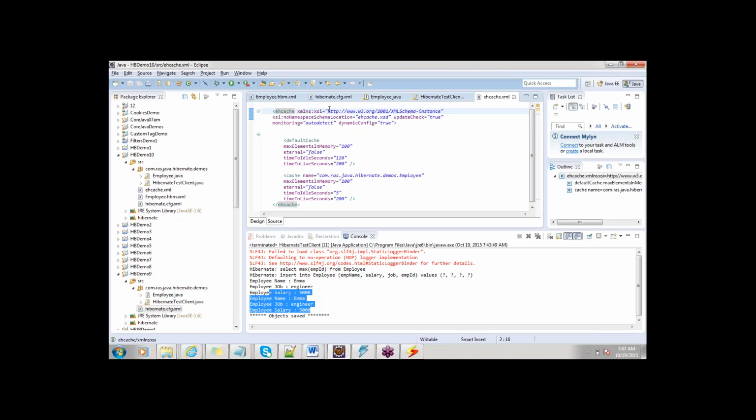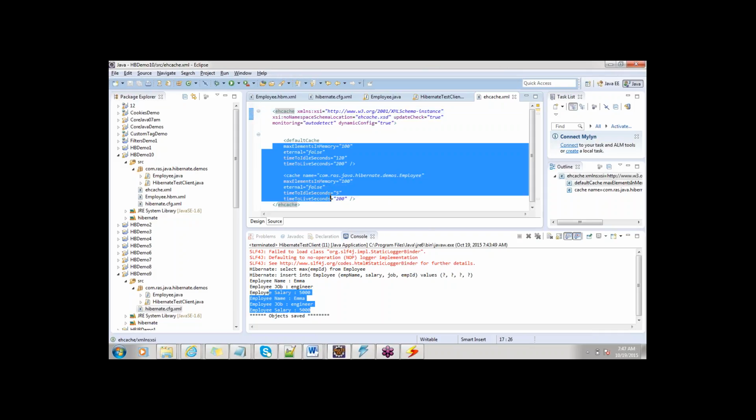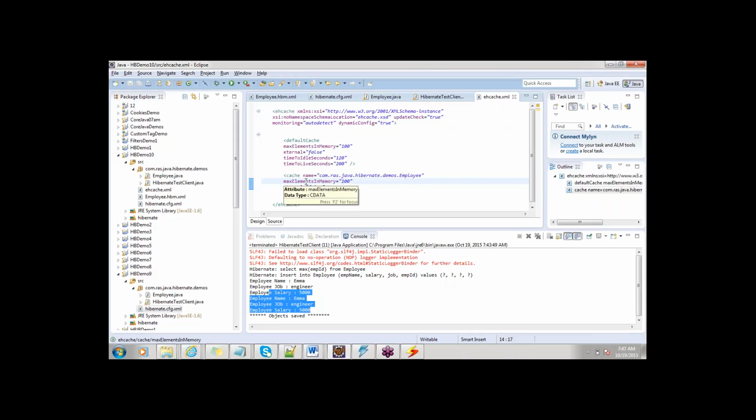This namespace talks about the jar file we have included, the cache jar file. It is referring to that jar file actually. So whatever tags you are using should be from that jar file. Got it? Likewise, if I go to my Hibernate config XML file,